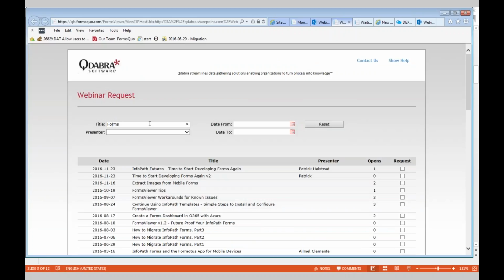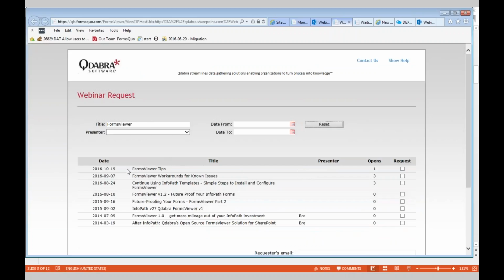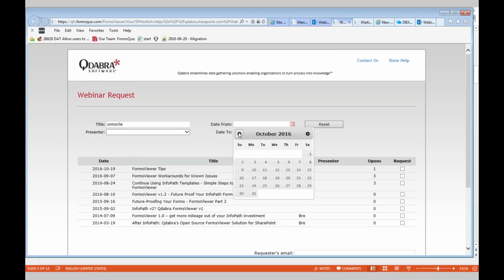In fact, if I typed in just FormsViewer, you can see that I get these 10 or so, I guess it's 9, FormsViewer webinars we've done in the last couple of years. If I take out the, if I just do this kind of partial match, I should get the same list, because that's the partial match, right? Now I can also filter it on the date, and I can say I want everything from